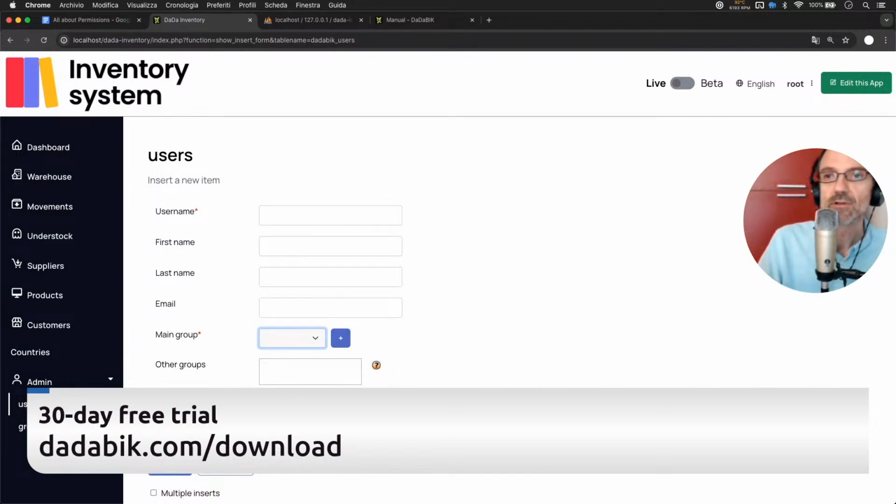However, there is a configuration parameter you can enable. You can enable self-registration. In that case, users can self-register. Obviously, they won't become admin users. They will be added to a default group that you decide. All right? So admin registration or